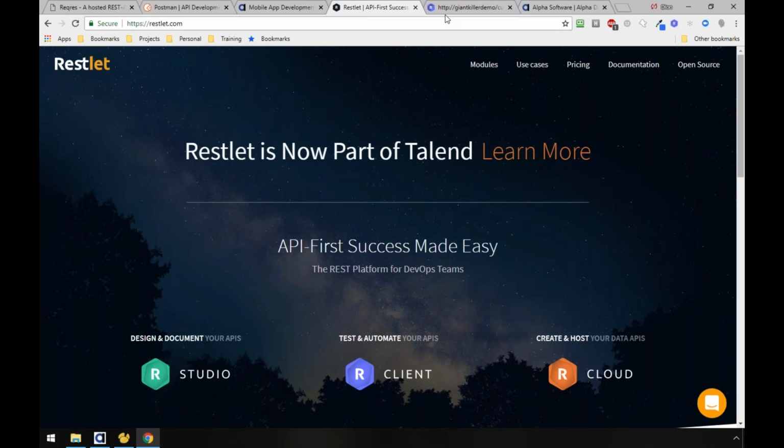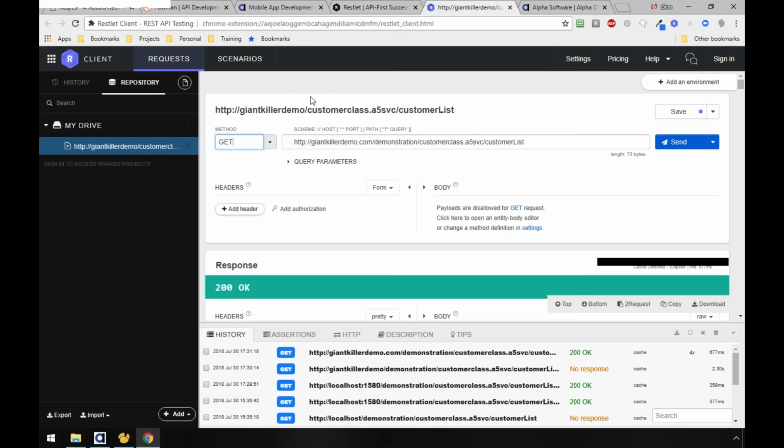There's also some other really good tools from, I think, SoapUI and Swagger, the Swagger company. It's a really blossoming area because more and more people are working with web APIs. So I'm going to jump over here and go into the Restlet client, and this